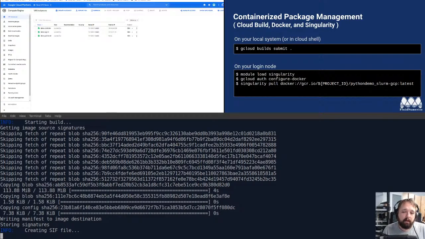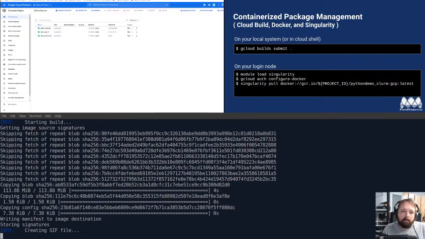The other benefit here is on shared resources. If you don't want everyone running around with root privileges, Singularity doesn't require root escalation in order to run those containers. So it ends up being a nice way to get your applications going without having everyone have admin or root access in some way. And then, of course, if we're using Google Cloud Build, you don't need root access to do that. You could use your own workstation where it's safe to do so,